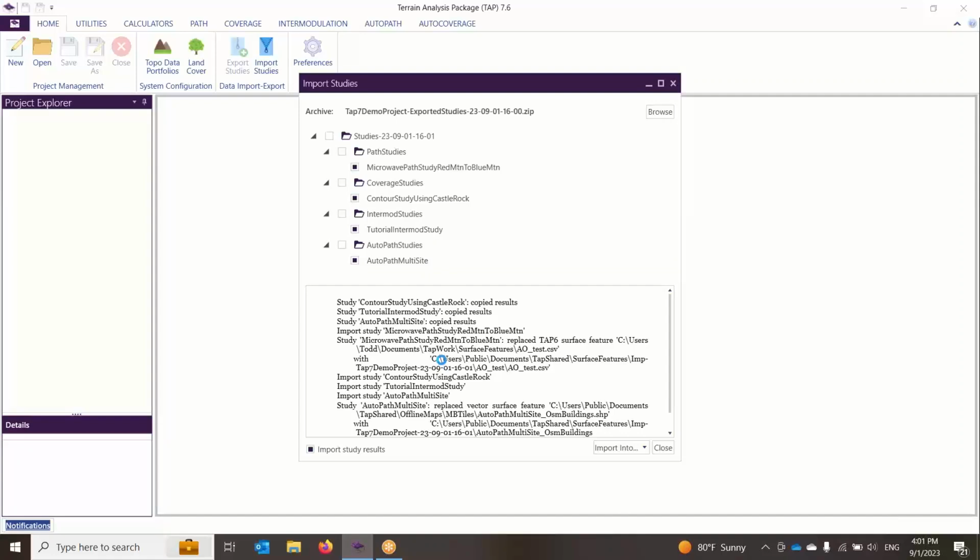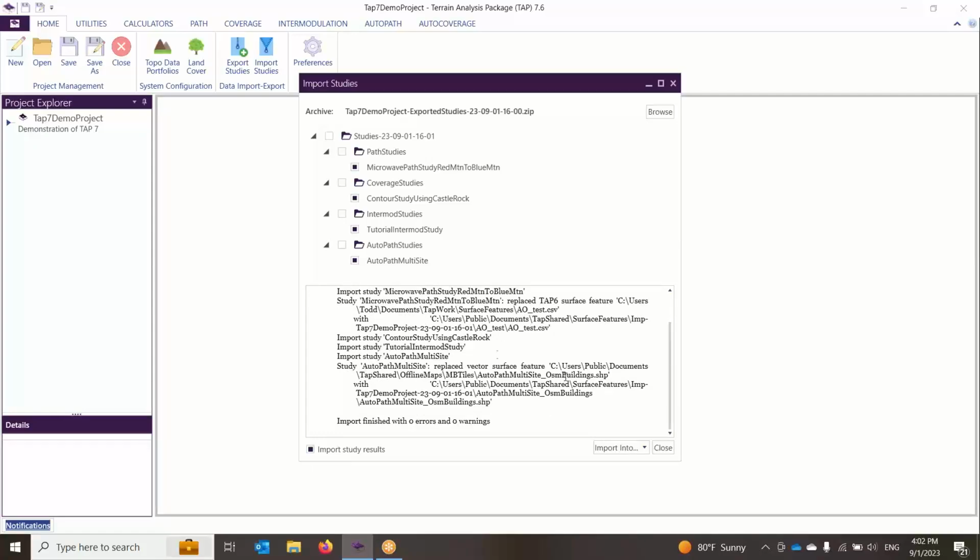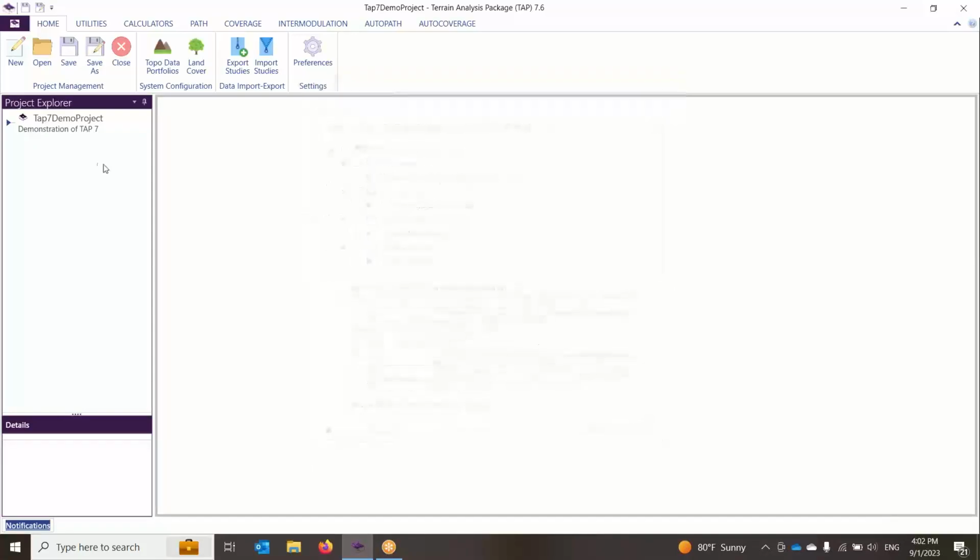It's going to bring over antenna files that were used. It's going to bring over line files that were used, and then it's going to look at the local databases and determine if you have exact copies of those. If you already have exact copies, it won't copy them in. It'll just use the copies within your database. It does not bring over topo data or land cover data that were used in the studies because those are frankly too large. When it's done, just go here, click Close, and look back at my tree, and here is